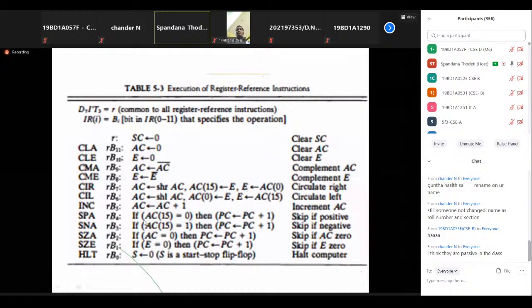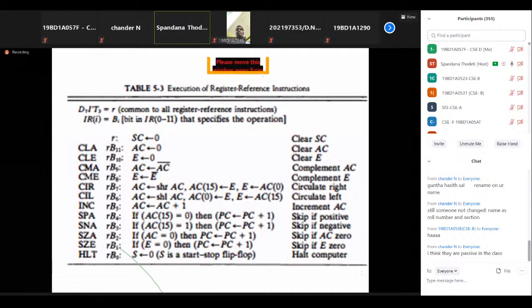Next, if B5 equal to 1, if the 5th bit of your IR is equal to 1, the INC operation is performed. INC means increment. What is to be incremented? Increment the content of the accumulator. AC equal to AC plus 1. Next is RB4. If B4 equal to 1, then SPA. Skip the next instruction if the value is positive. Which value? If the accumulator is positive, skip the next